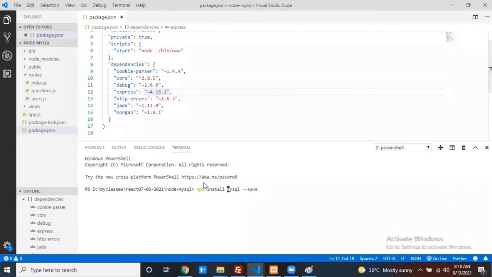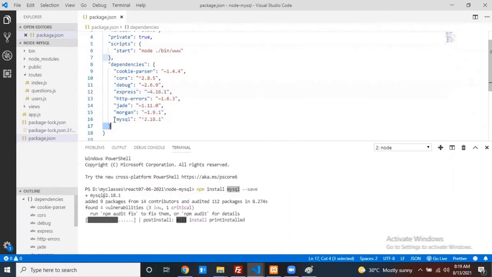Okay, npm install mysql --save. For example, if you don't know MySQL, then we can't do anything. You should go to Google and search for the library. Okay, just click on enter. Now it is going to download your library into your node_modules, and it is going to save one property inside my package.json or not. Understand or not?